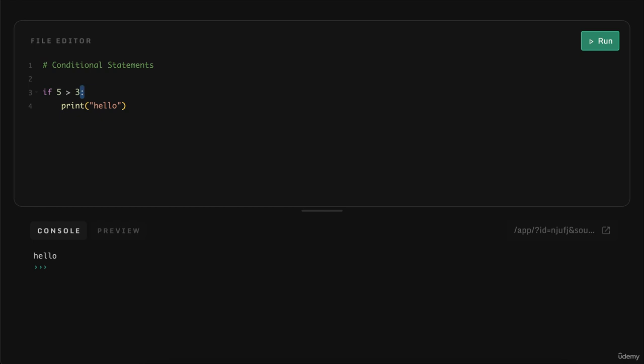Now, what happens when the condition isn't met? Let's try if 3 is less than 2, followed by a print statement such as print hello. As we know, 3 is not less than 2, so nothing is printed. To handle such cases, we add an else clause. This time, if we say else print the condition was not true, it will print the condition was not true